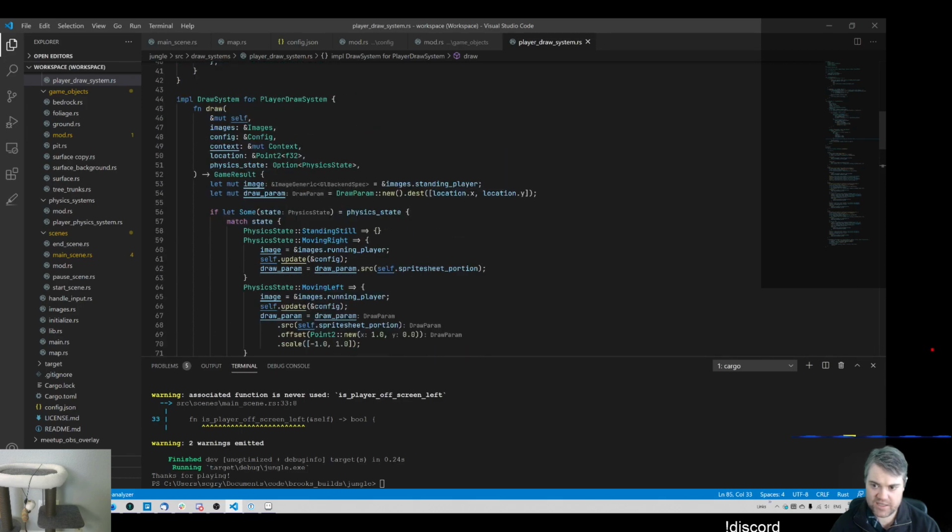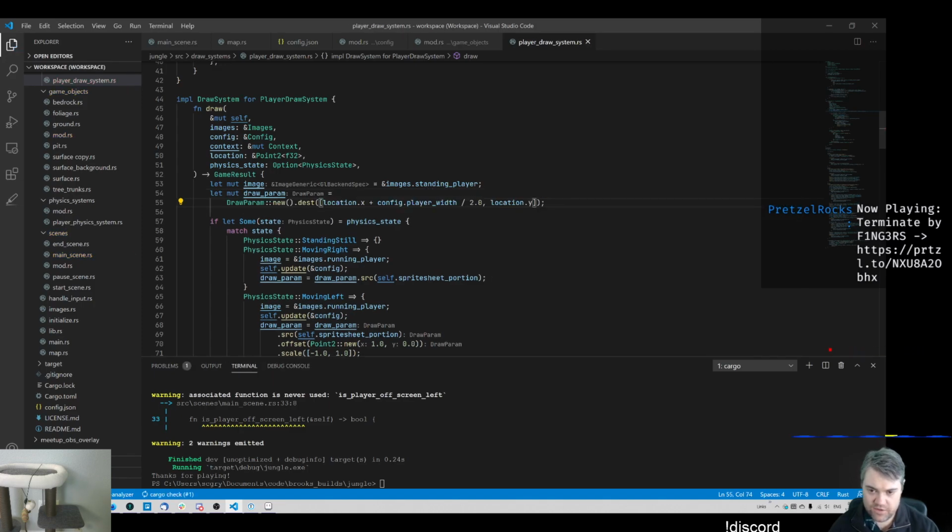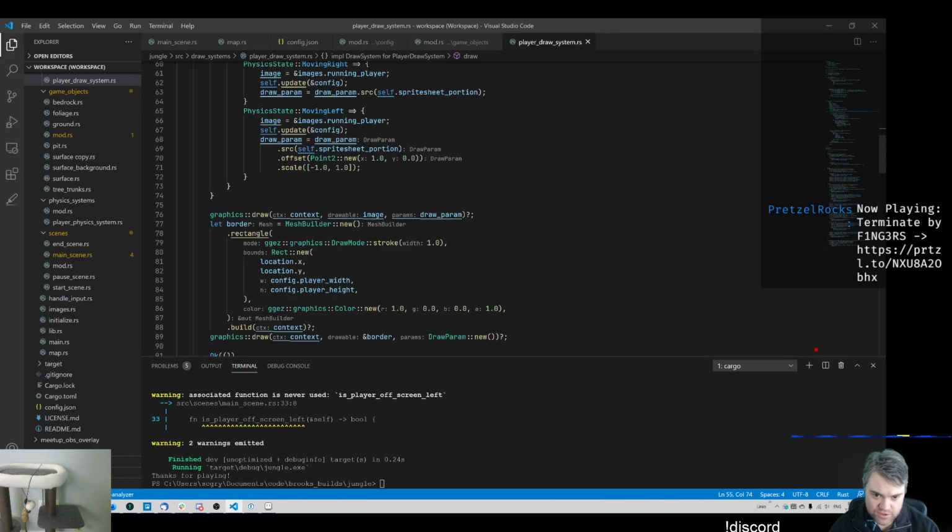Destination, location X, location Y. So you start in the top left, right? If I move you over by half of the width, the location X would be plus half of the width. So that would be config dot player width divided by 2.0. And so if I did that, and then down here updated U2, so location X,